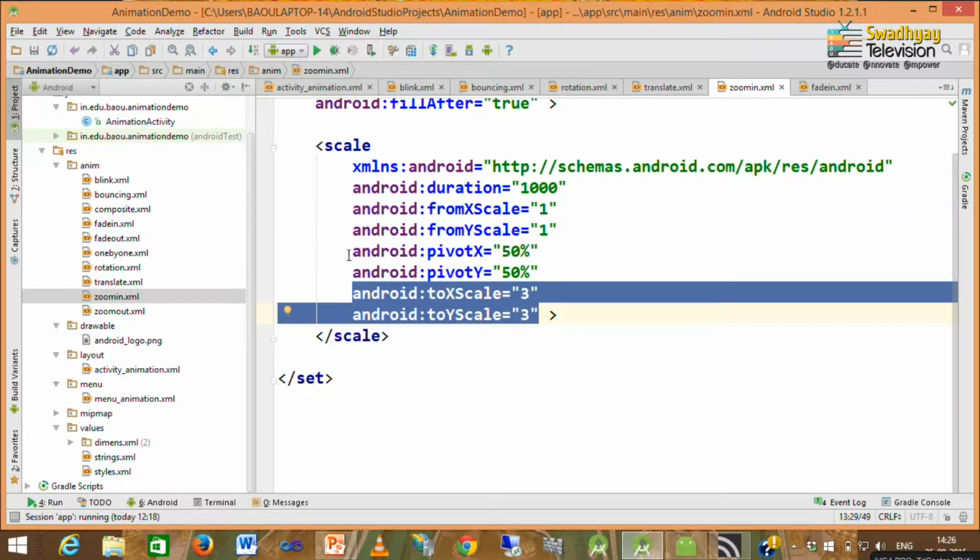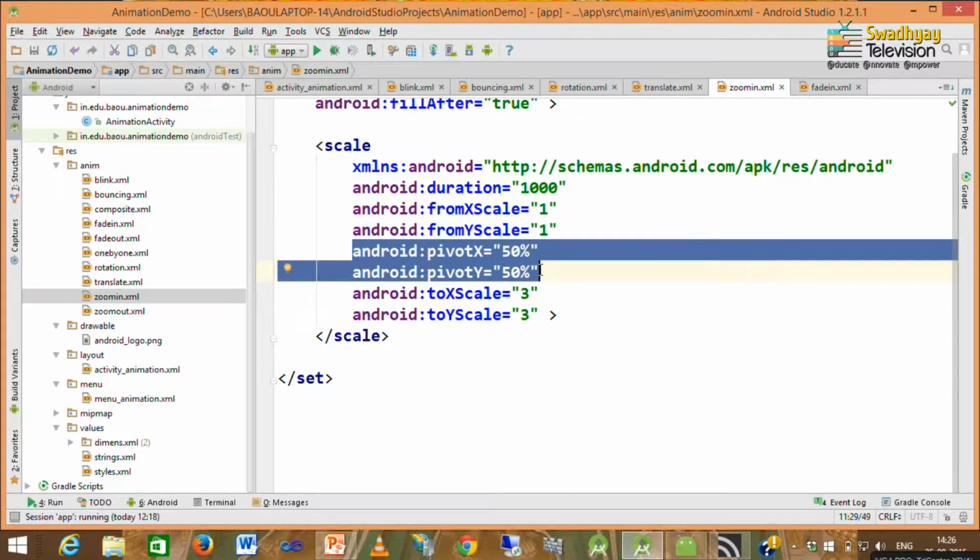And pivot x and pivot y again specify the center of the image view. So, our object is zoomed from original size to 3 times larger with respect to the center of our image view.